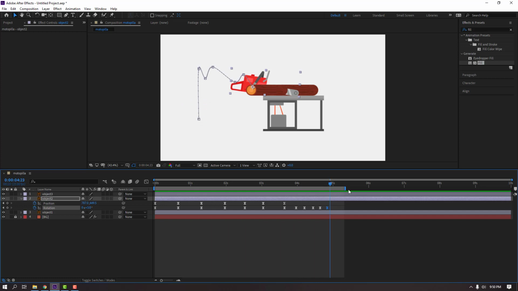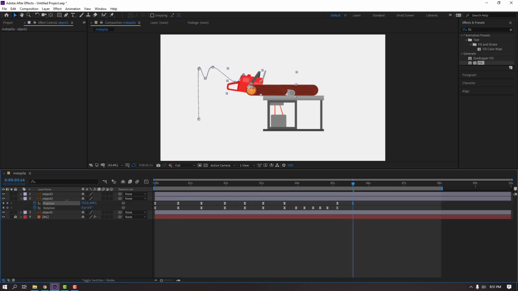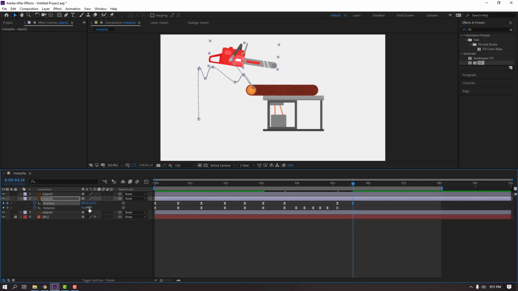Nice. And in this time make new position keyframe and rotation. Go to here and move to back and up and change rotation. Select keyframes, move to right. Let's see. Okay,